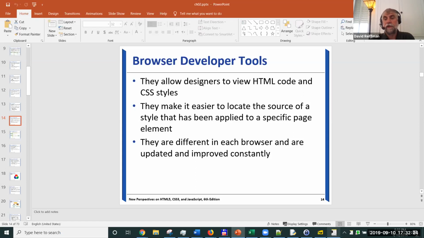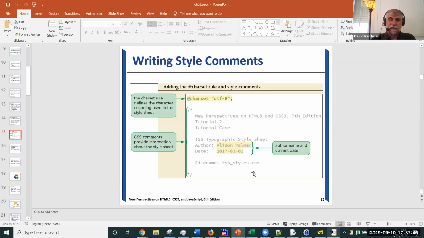What you could also do with it is, if you go to a website and you like the look and feel of that specific page, you could go to the browser tool and copy a lot of the code, a lot of their styles, and then implement that on your own site. And you can see what type of font they use, the color scheme, and so on. So here's